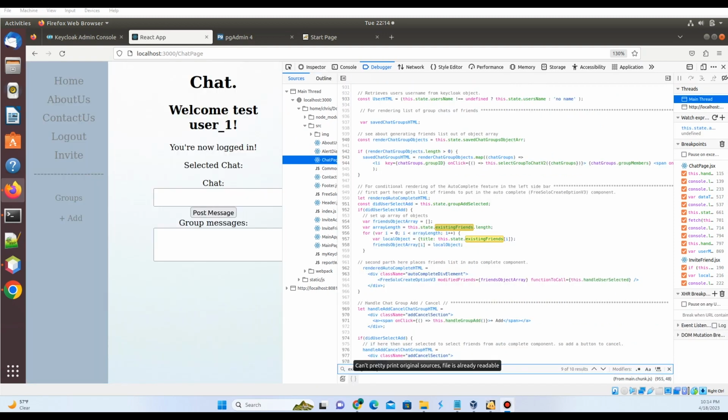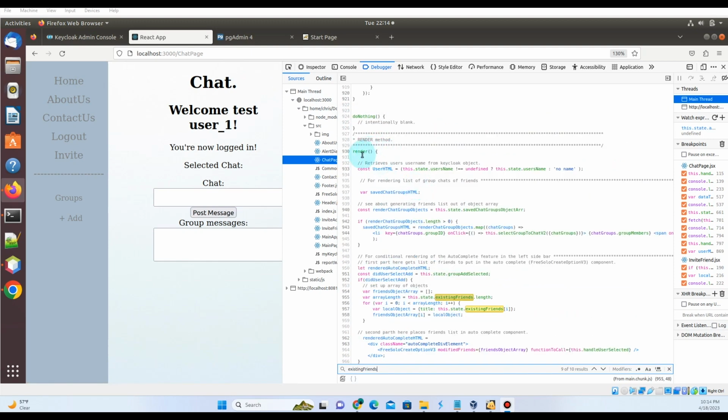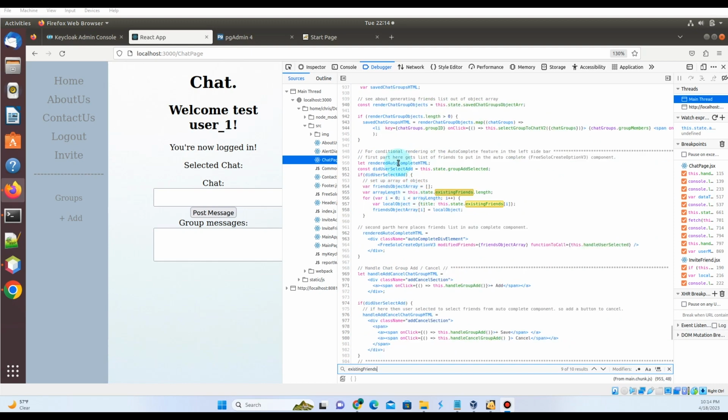Okay, now that we have the existing friends set, I'll show you where that's actually very important here. So in the render method of this React class, you can see here I have this variable letRendered autocomplete HTML exist, and we actually go through, or we extract the existing friends from the class, and we set it to a local object array which has this format title equals and then the existing friends, and then that gets put into another array, which, as you can see here, this friends object array, it gets passed in as a prop to this other component called free solo